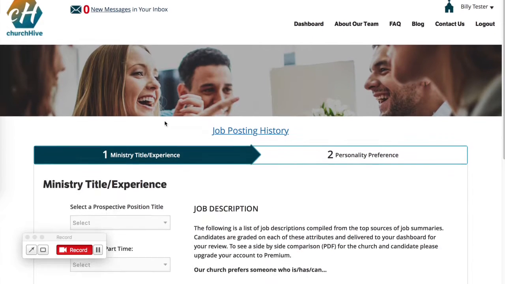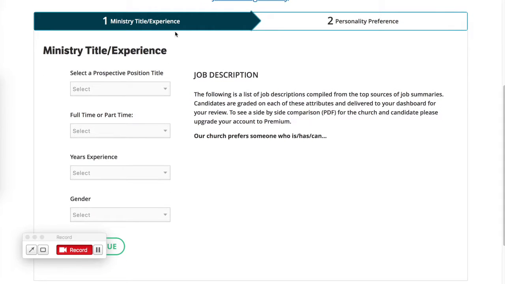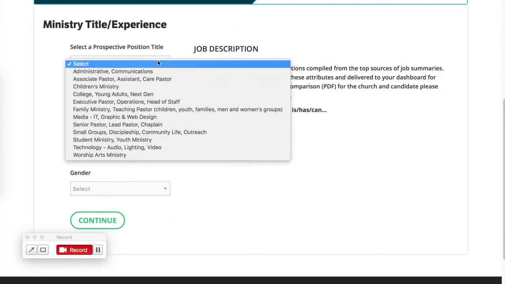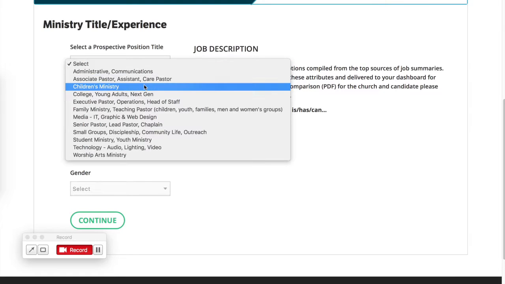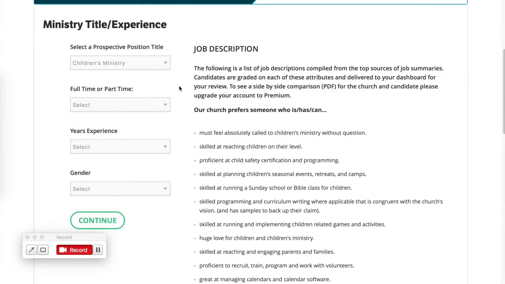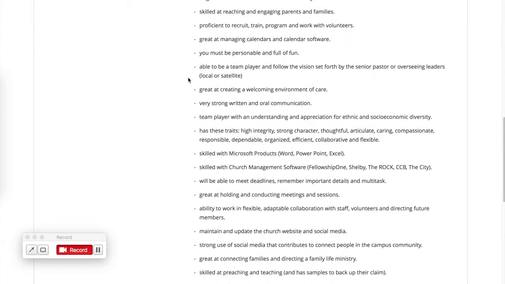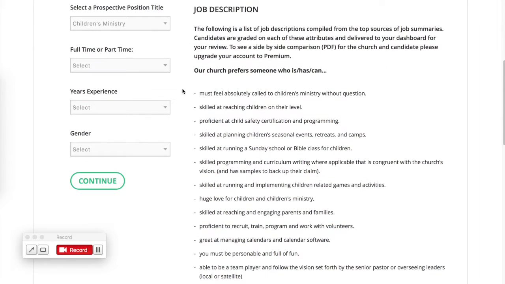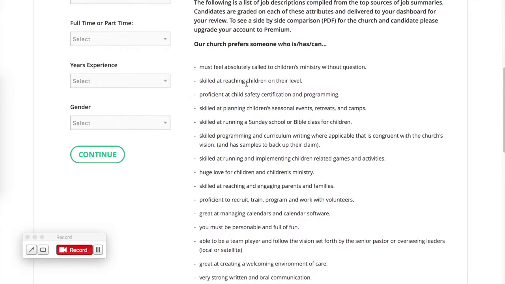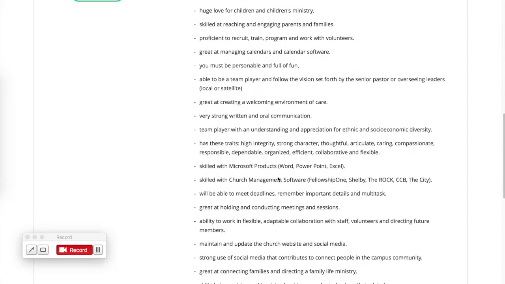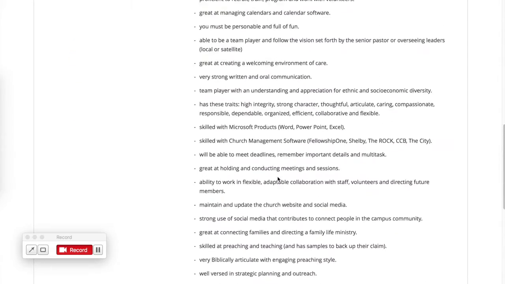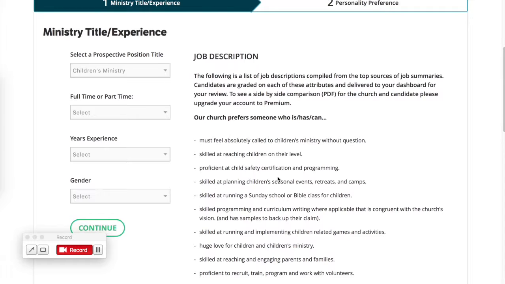There are only 2 tabs. So you have the ministry experience or ministry title. We'll select that we want to hire a children's minister. Notice that we've already made a job description for you. It's quite extensive. You don't have to answer any questions regarding these. However, our candidates must answer how proficient they are at every single one of these, and those get matched up to your profile